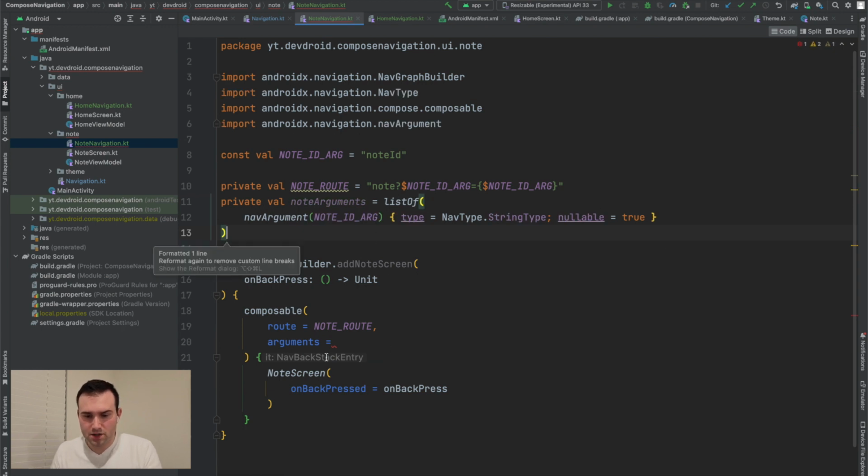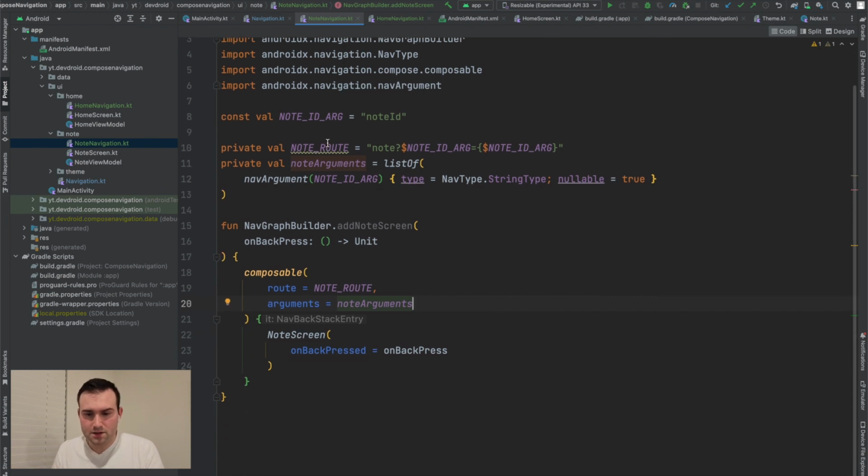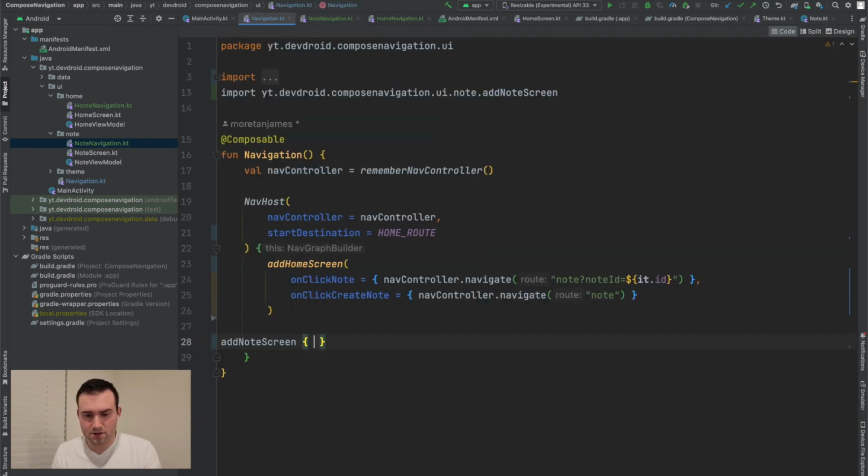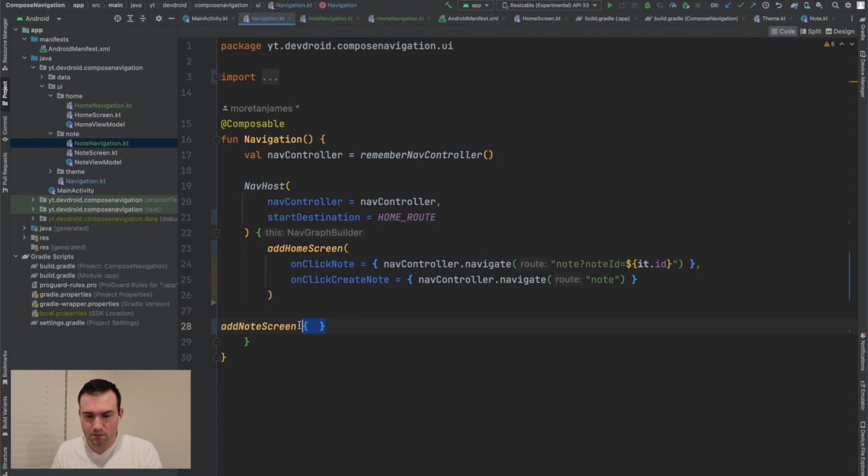And not a lot of change there. So now what we're going to do is remedy the fact that in here... first of all, let me say add note screen, and we need an on back pressed. And on back pressed, we're just going to navigate up, right? And so right away you can tell that this looks a lot cleaner, but we're still left with this